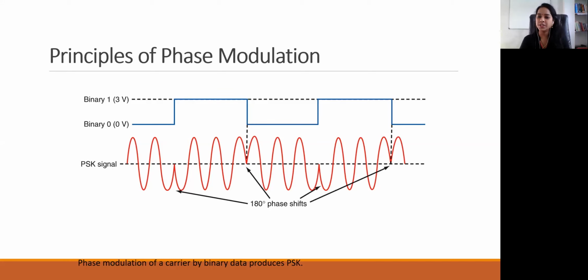And phase modulation is generally used in digital communication. When we study ASK, FSK and PSK, the phase shifting will be very clear too. So you can see the phase change over here when the input signal changes from 0 to 1, and when the input changes from 1 to 0 also, the phase is changing from 0 to 180 degrees. So this is the actual phase shift of 180 degrees, which you can see clearly in this picture.